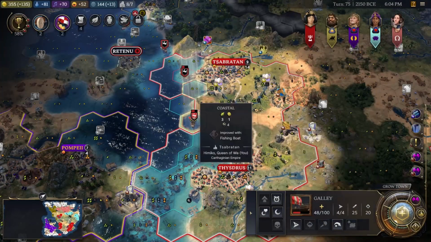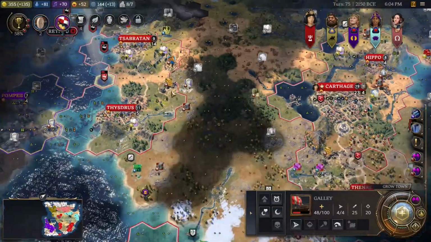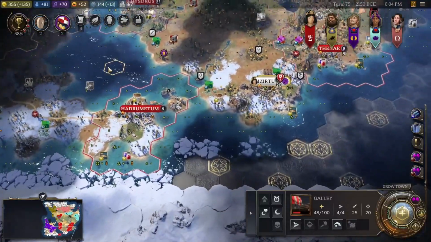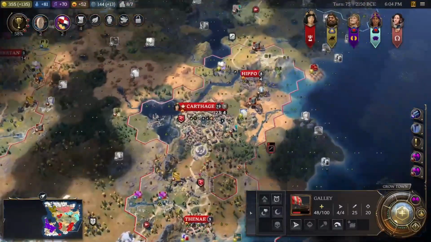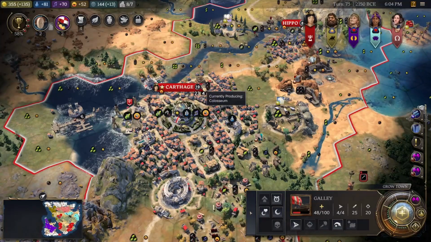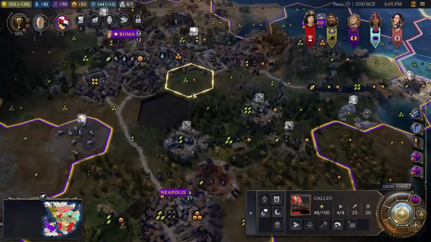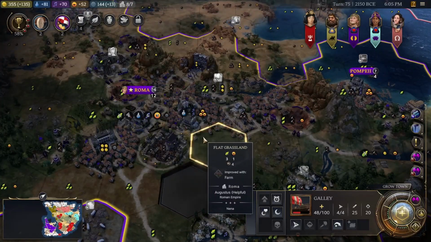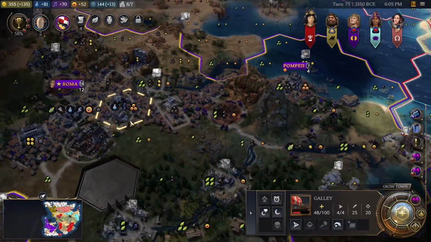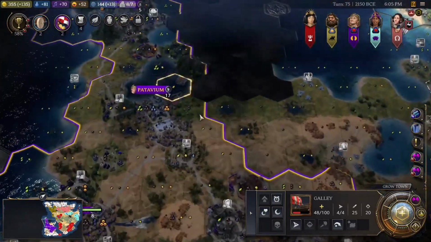Welcome back, y'all. We are here at the start of turn 75, and at this point, the Empire is pretty much on autopilot. We're just SimCity and Carthage right now. We're 4 turns away from completing the Colosseum, which amazingly Rome just hasn't built. Yeah, I guess this has just been focused on other wonders, which suits me just fine